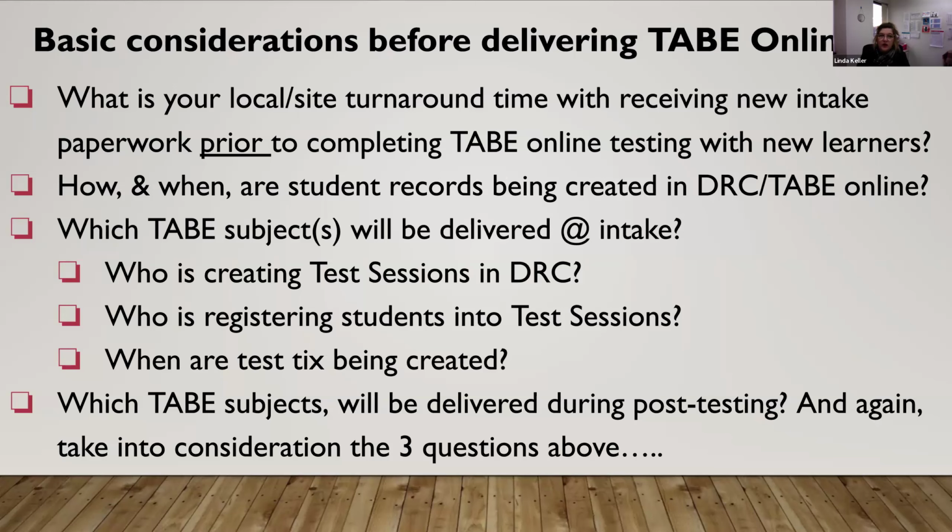And then think about how and when your student records are getting created in DRC. DRC does not have the capability of importing student records, so all records that are created in DRC have to be manually created. But again, first name, last name, date of birth, gender, that's really all you need. And then if you're going to put in their SID badge ID, if you're ever going to be downloading test results from their site and you want to upload those directly into SID, they'll need to have their badge ID that's from SID in their DRC record.